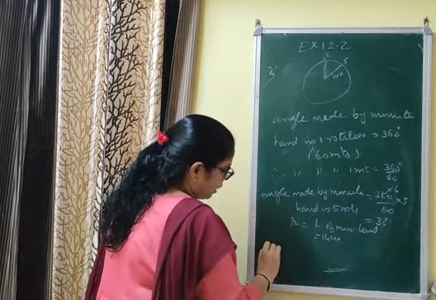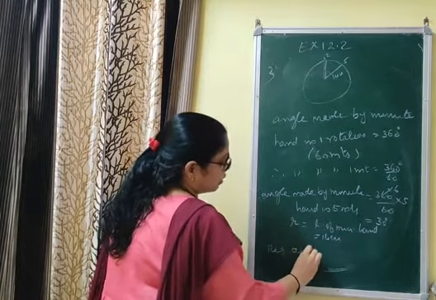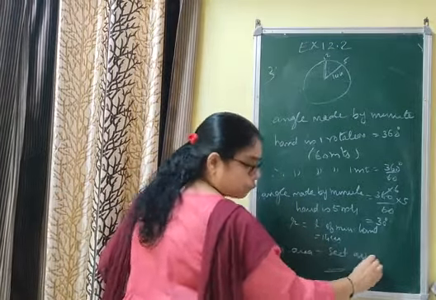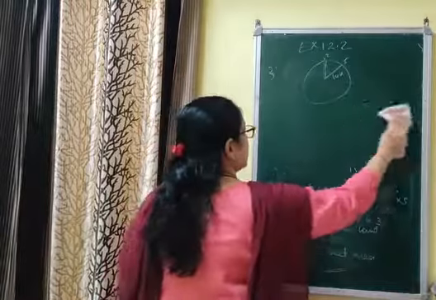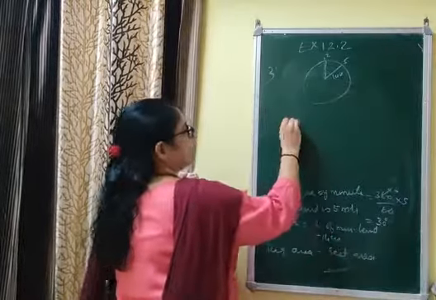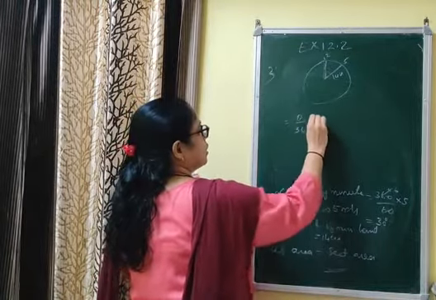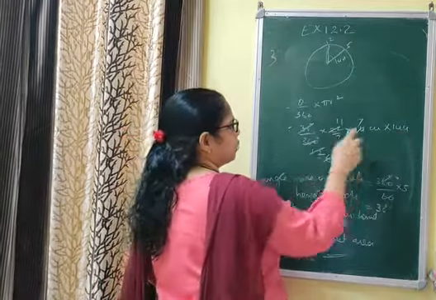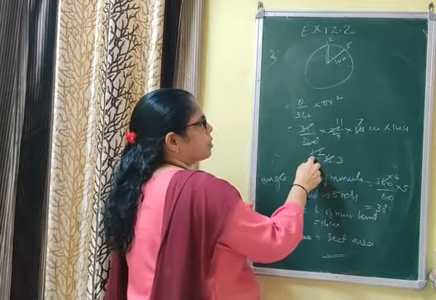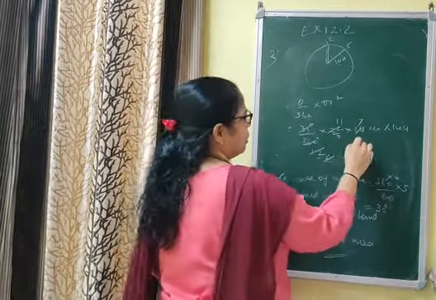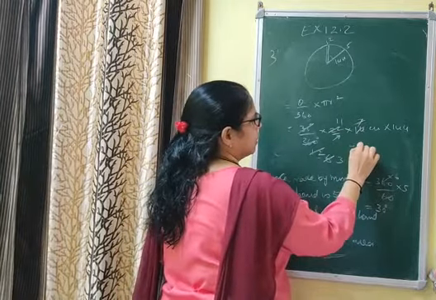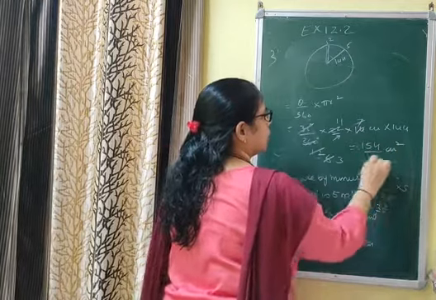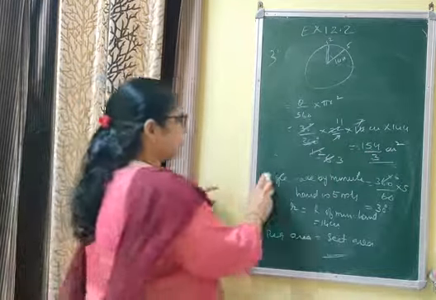Therefore, required area swept by the minute hand in 5 minutes is equal to sector area. You have to find sector area. Sector area, first of all, write the formula, that is equal to theta by 360 into pi r square. 30 by 360 into 22 by 7 into 14 into 14. If you cancel it, it will go 12 times. Then by cancellation, at last you will get 11 into 14 by 3, that is 154 by 3 cm square. And you have to convert in decimal form.